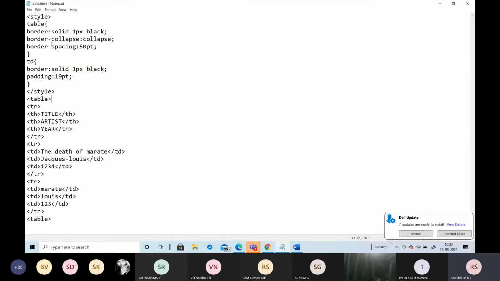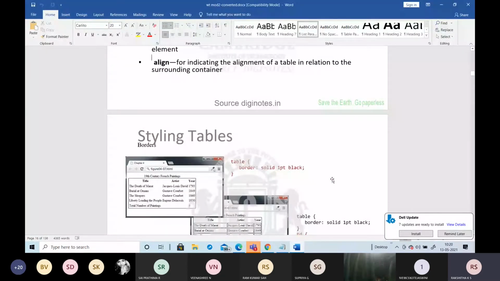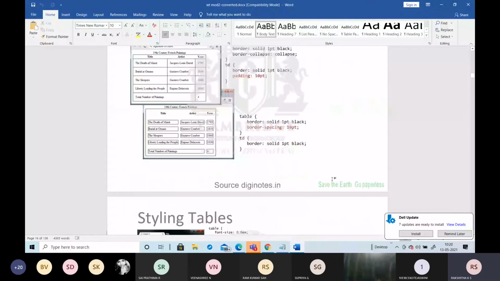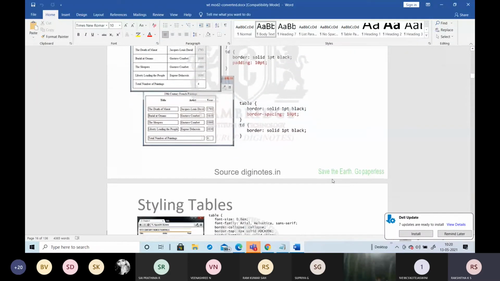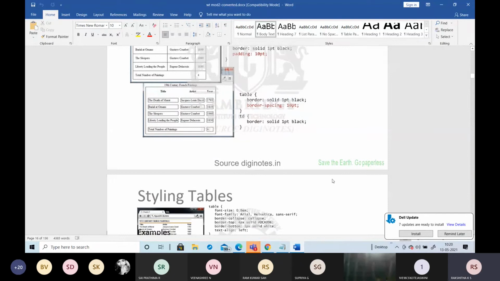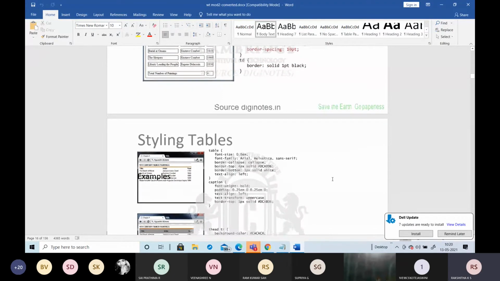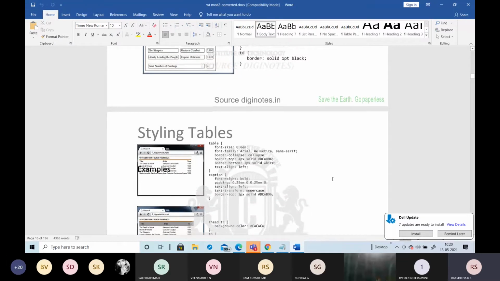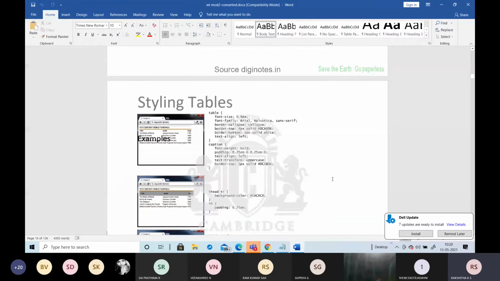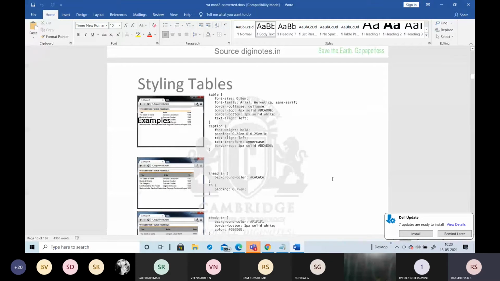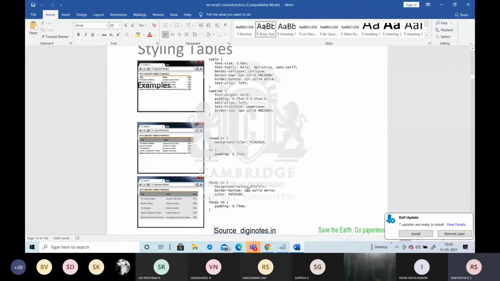Okay, so we are going to add the styling to the table. We can add the color. For that, whatever we have taken here, TR or TH, I am adding the different rows and the different headers here. So for the different rows and headers, we can add the background color. In the same data, we can use different values to specify the particular background colors.